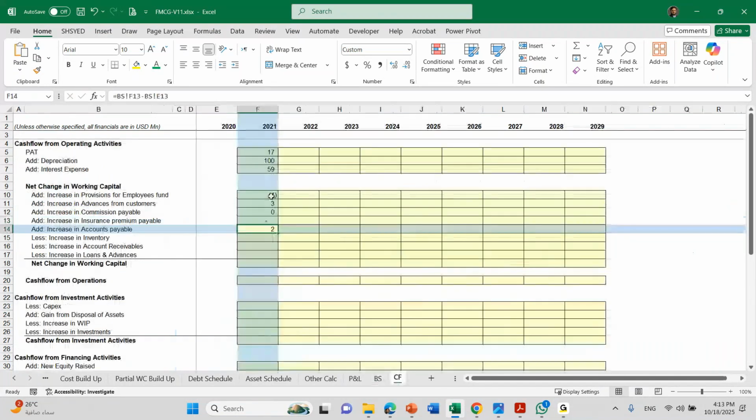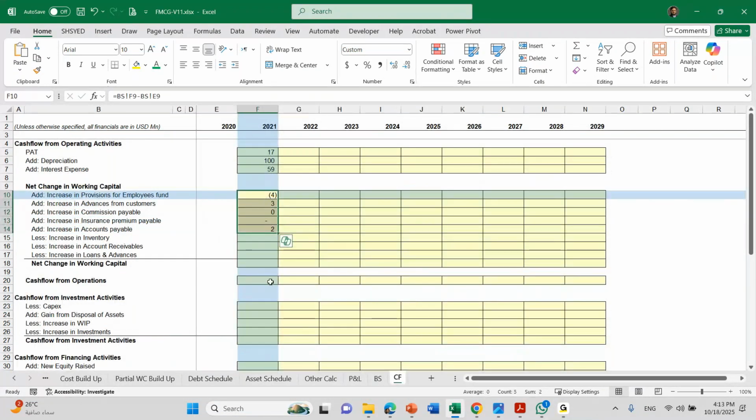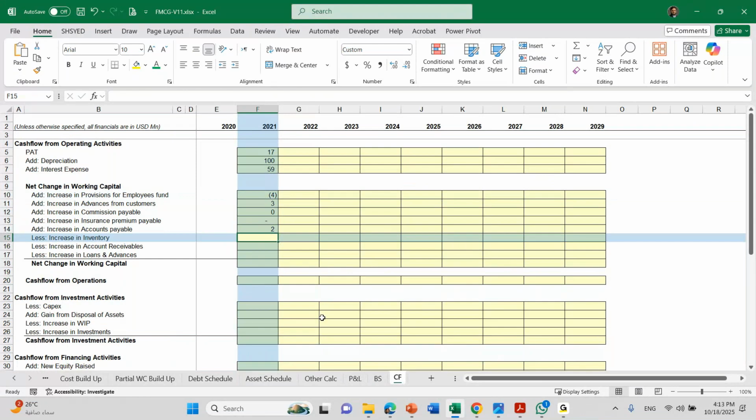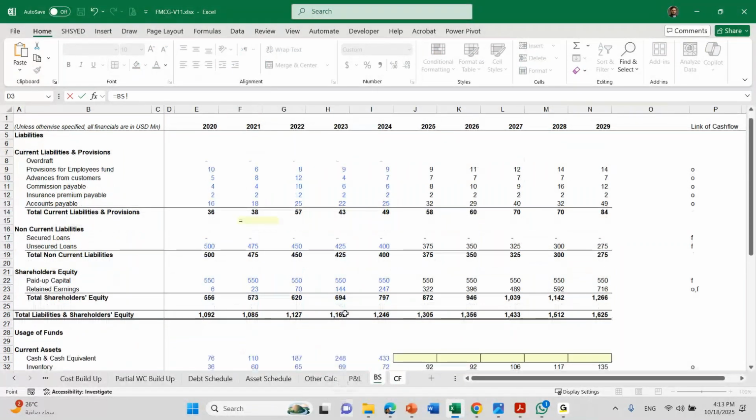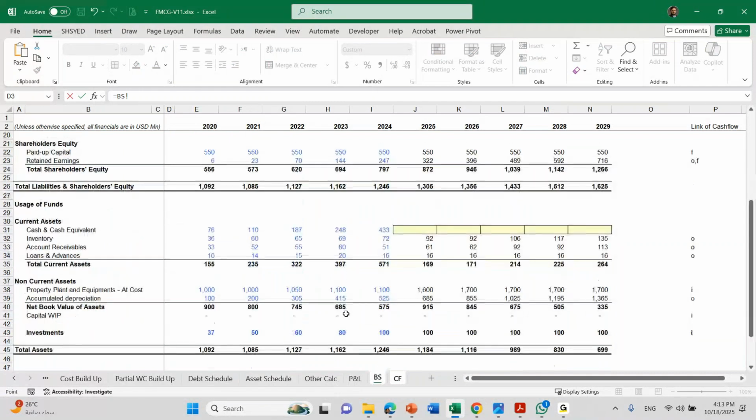So all these numbers are correctly reflected. Now we'll go to the other side of the balance sheet and we'll look at current assets and inventory. An increase in inventory should be reflected by a negative number. So in this case, I'm going to reverse my formula and I'm going to start with the earlier number,